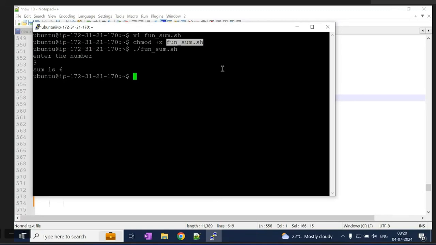Then we are getting an output: 3 plus 2 plus 1 is 6. If you want, you can debug and see. So our output is coming properly. Clear? Yes, no?